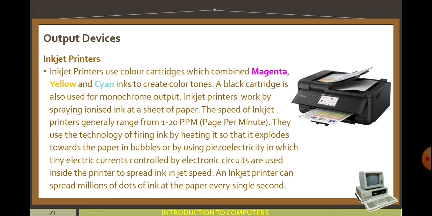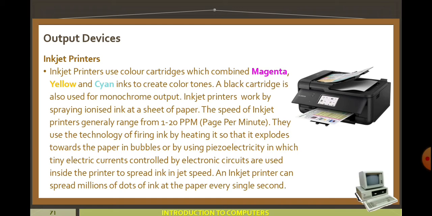Inkjet printers work by spraying ionized ink at a sheet of paper. So how does this printer take a printout? It just spreads ionized ink at a sheet of paper. The speed of inkjet printers generally ranges from 1 to 20 ppm, that is, pages per minute.